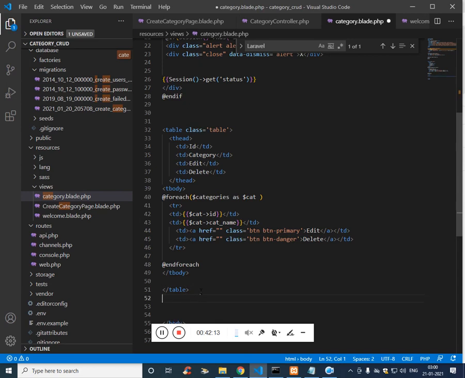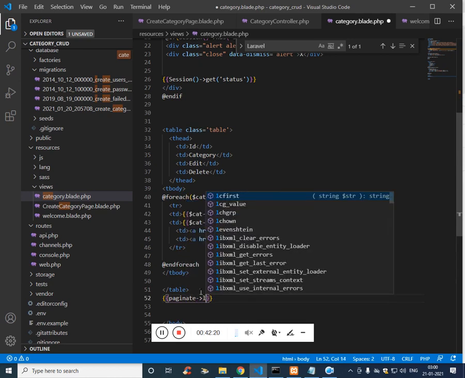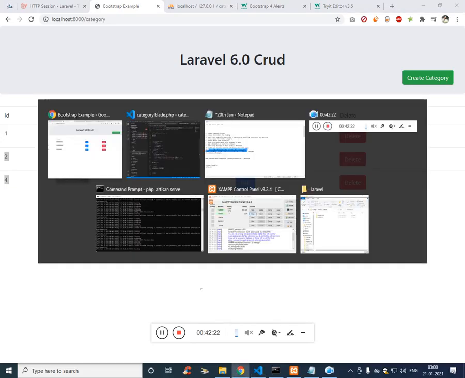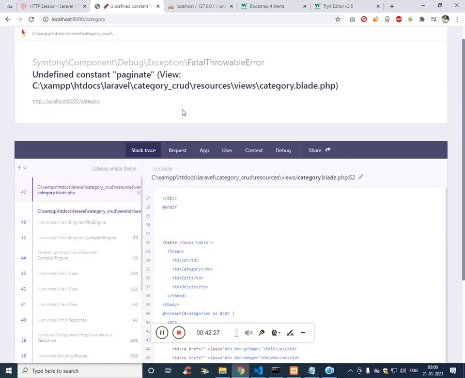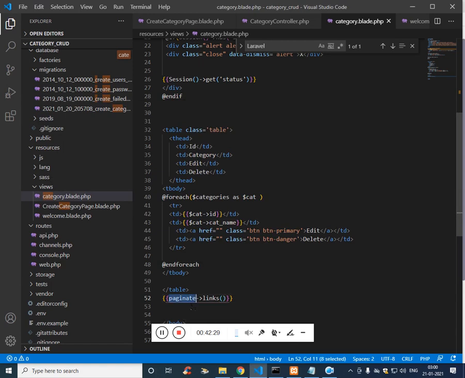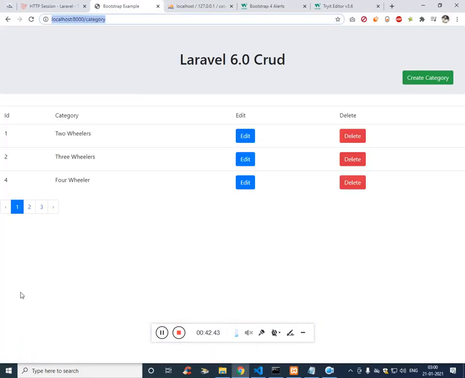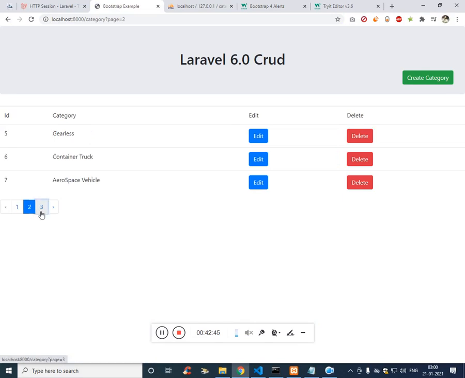And below the table to display the pagination links, we have to use paginate links. I think we have to pass this categories to get the links. Fine, if you see the links are available.